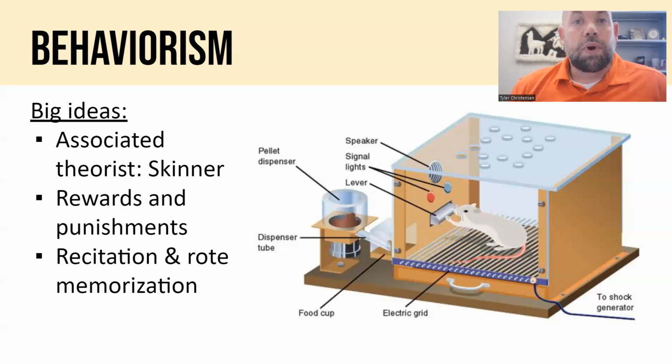So one of the things that took off from this behaviorist theory is the idea that if we recite things and we memorize things, it's going to be put into our memory, and we're going to memorize things better if we're rewarded. So if there's a consequence for memorizing it, for example, if I gave a quiz, you're more likely to study. If you don't have a quiz, you're less likely to study, but that quiz is the reward.